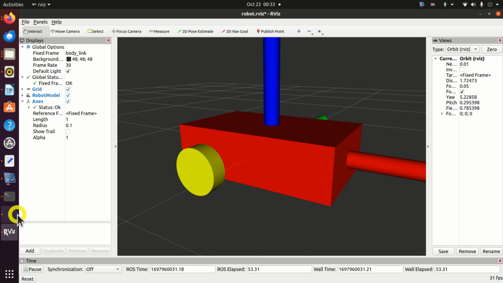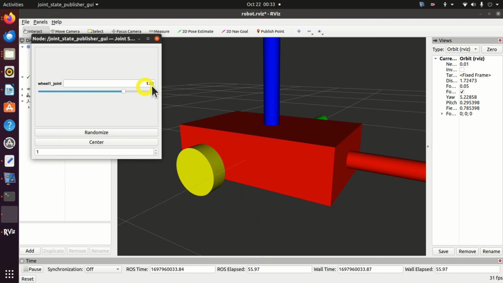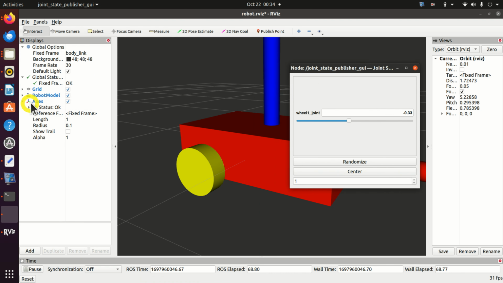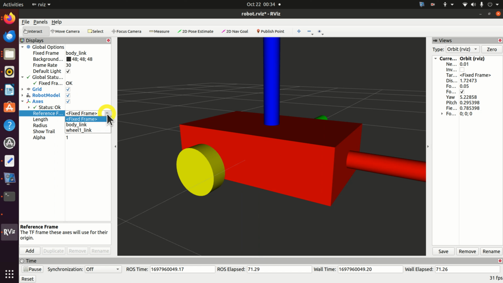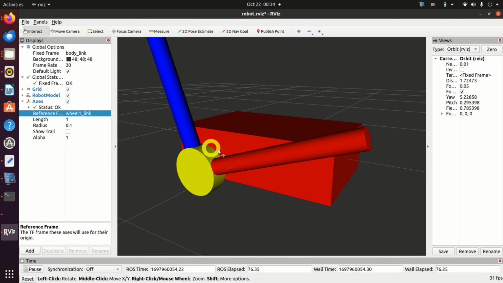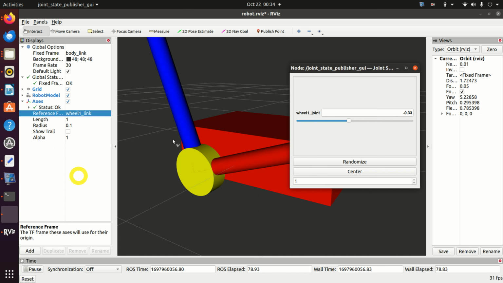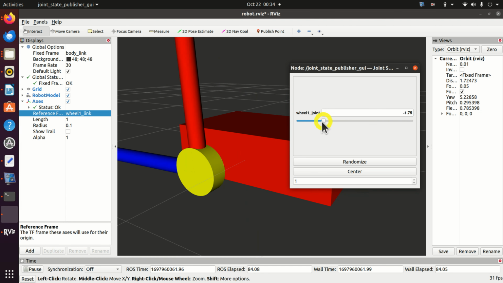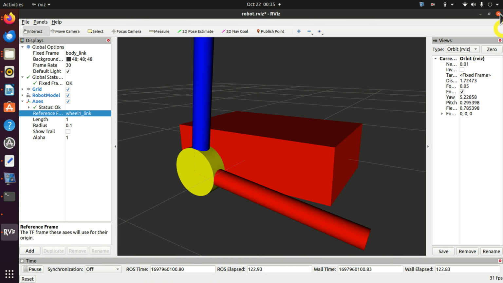So let's try to do that. Here you can see the angle of rotation in radians, and nothing happens. Well, nothing happens since you cannot see it, since this wheel is completely red and you cannot see the rotation. To see the actual rotation, click over here, and now you can see the wheel 1 link frame, and here it is. And now let's try to rotate, and we are rotating the joint and the complete wheel. Perfect. Now let's close this window,